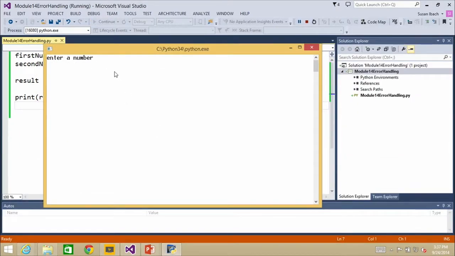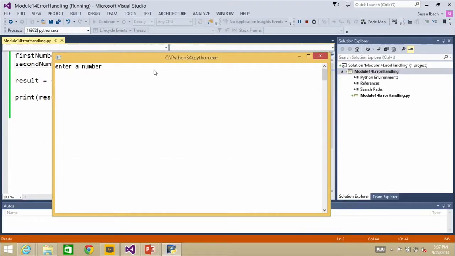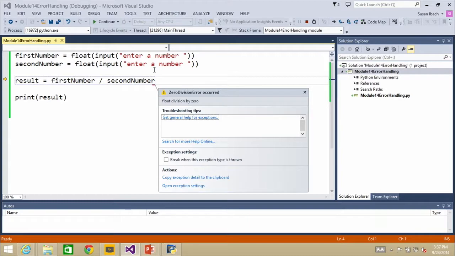Okay, I run my code. Phew, I got it right. Okay, no typos. I type in 5. I divide by 2, and it comes back with 2.5. So I go, yay, I've done my code. I hand it into my boss, and I walk away. And I tell them to go give it to the users, and one day a user comes along and types in a value of 10 and tries to divide by 0, and crash.